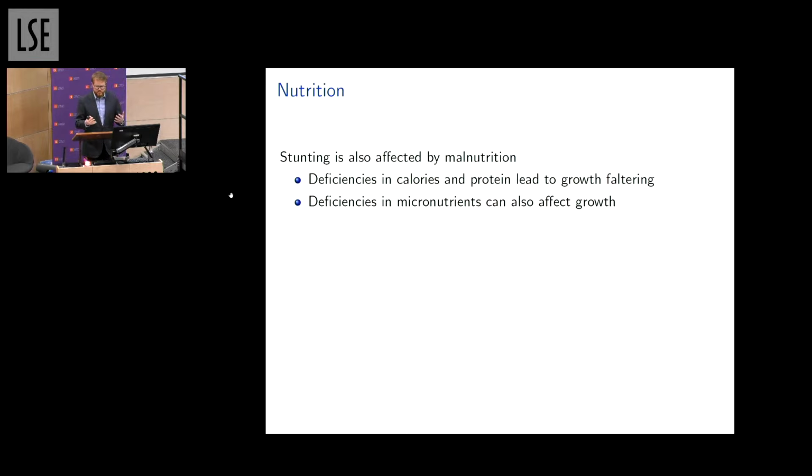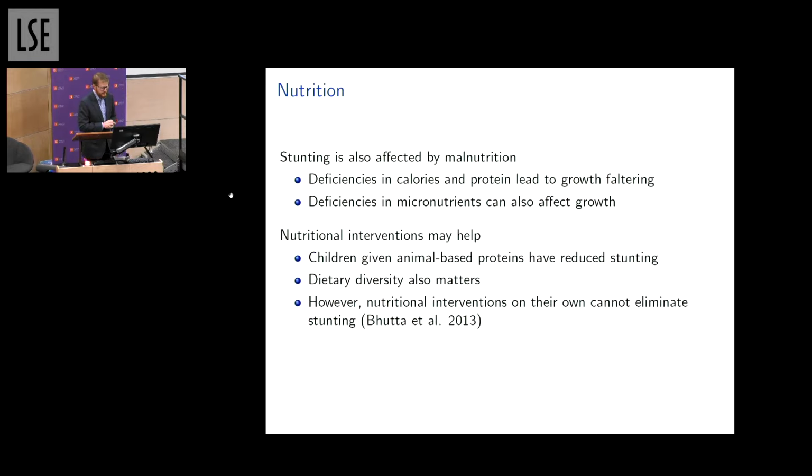So we've thought about GDP. What if we look at an input to health more directly, nutrition? We know that stunting is affected by malnutrition. Deficiencies in calories and protein lead to growth faltering, and also deficiencies in micronutrients can affect growth. We know also that nutritional interventions may help. Children who get animal-based food, like animal-based protein, have reduced stunting rates, and dietary diversity also matters